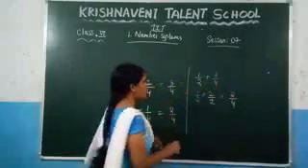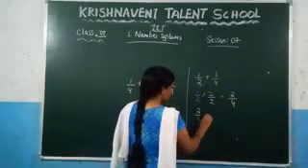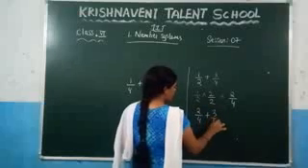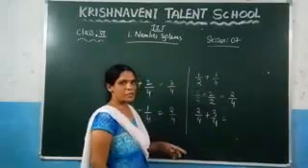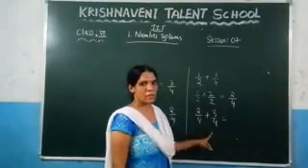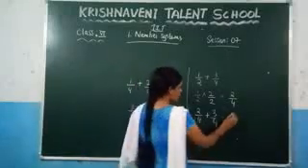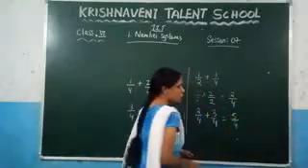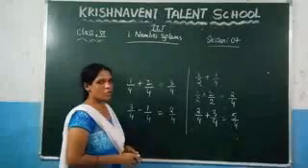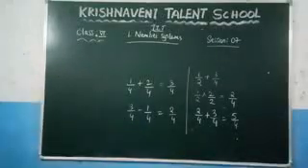So in place of 1 by 2, you can write 2 by 4, and what is left out is 3 by 4. Now you can observe the denominators are the same. Now you can add the numerators so that you will get 5 by 4. This is the first method, conversion of these values. Now see the next one.